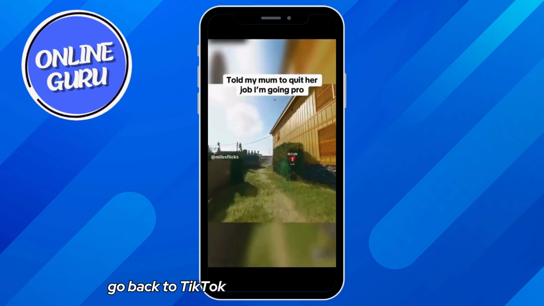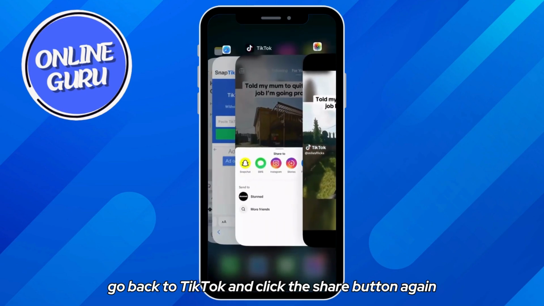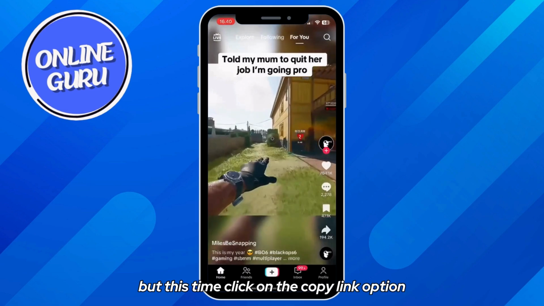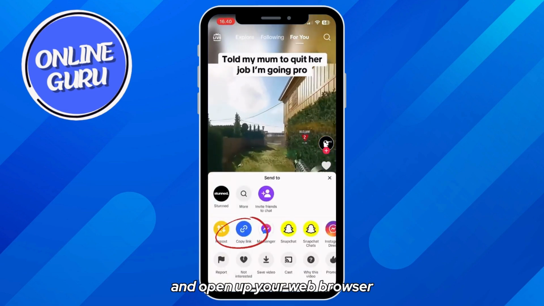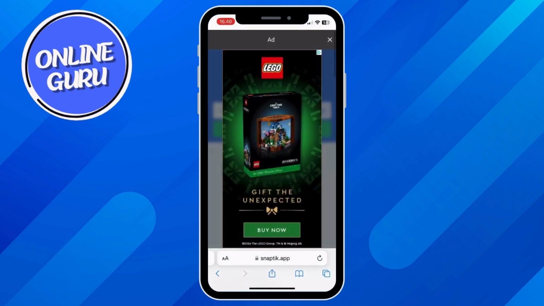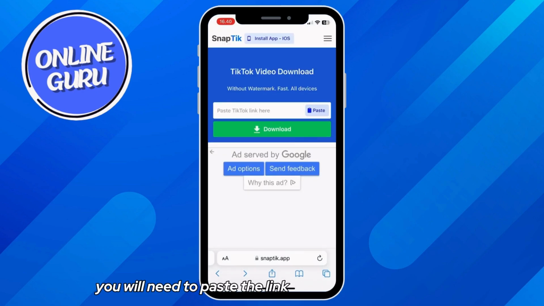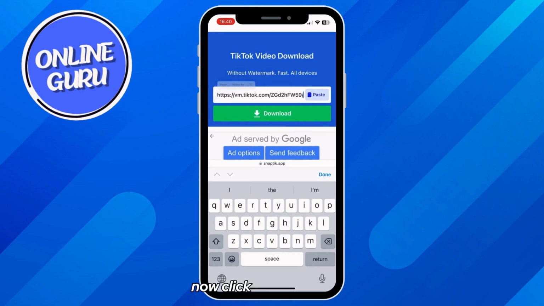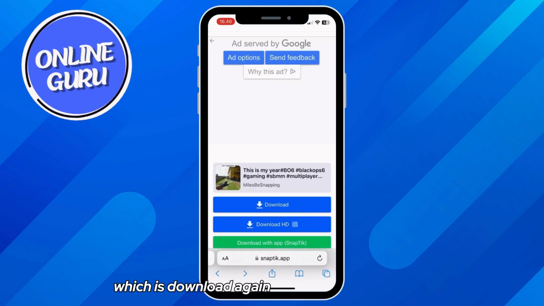Therefore, go back to TikTok and click the share button again, but this time click on the copy link option and open up your web browser. Go to the website I'm on right now called Snaptic. Here you will need to paste the link you copied from TikTok and click on download. Now click the first option, which is download again, and a pop-up will appear where you will have to click